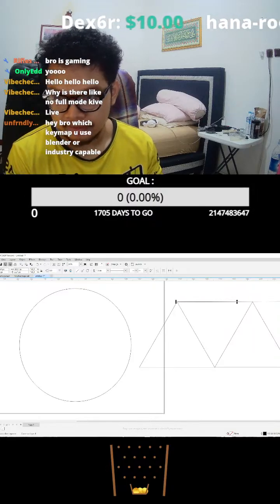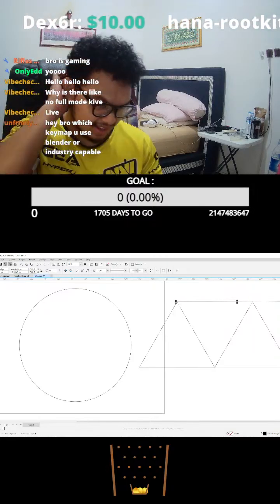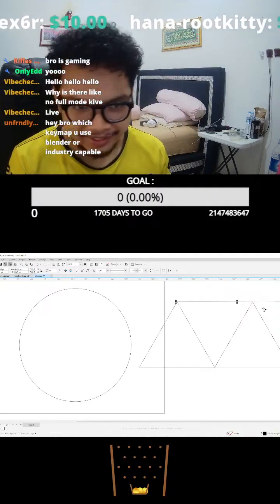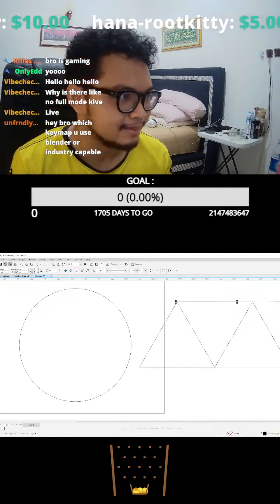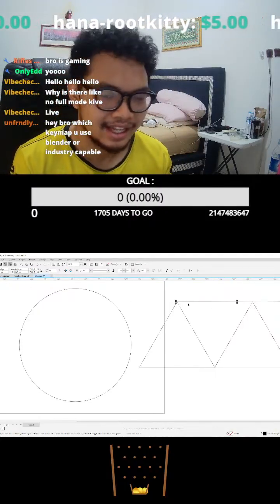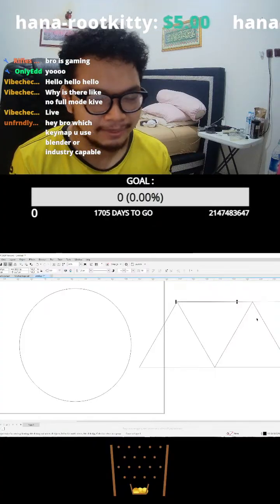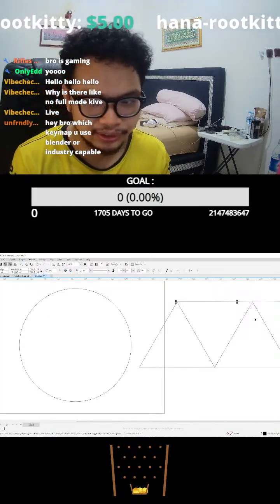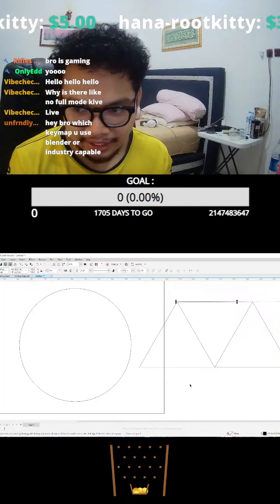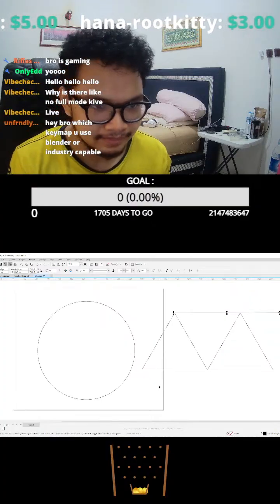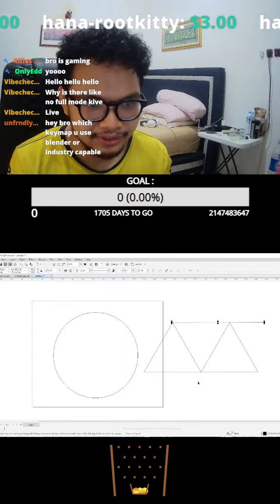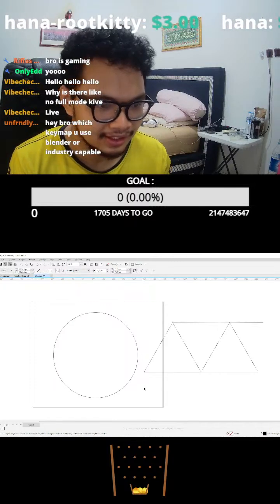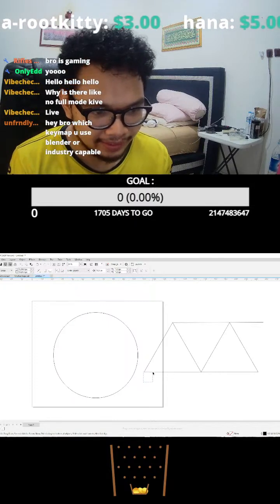I use Blender because I'm still a beginner, and I just moved to CorelDRAW because I'm too lazy. Not that I'm too lazy. It's because my headphone is charging and I can't listen to the tutorial that I needed. But I use Blender Keymap. The only reason why I use Blender Keymap is because the tutorial that I'm following is using Blender Keymap,